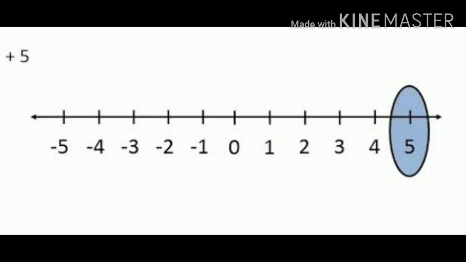It's not only integers that are lying on the number line. There are rational numbers also lying on the number line, and today we are going to represent those rational numbers on this number line. Okay,